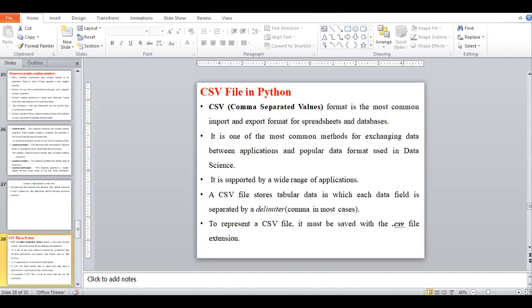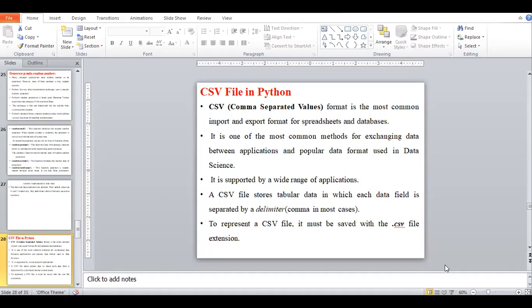At that time we use this CSV file to directly access the data from that Excel sheet. So it is one of the data science tools, used most of the time in machine learning programs or image processing programs.